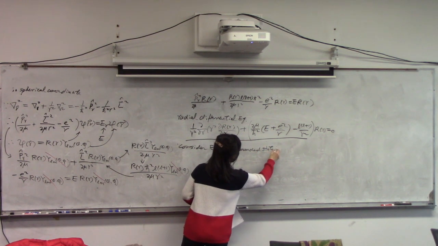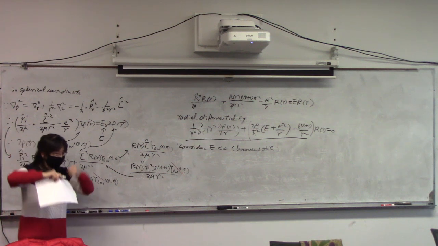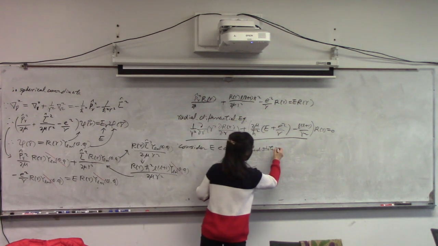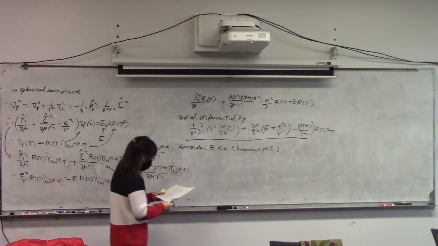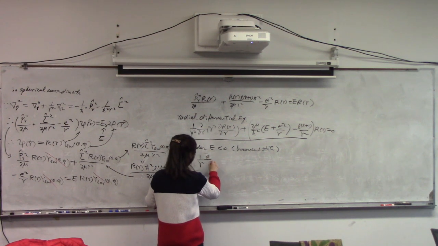Since we consider the hydrogen atom, the electron still moves around the proton and does not leave away, right? It does not ionize. So in that case, that means the energy is negative. That is real. So for this case, let's rewrite this one for the particular case,